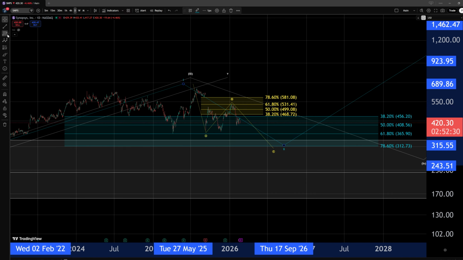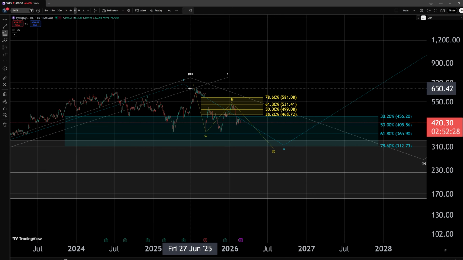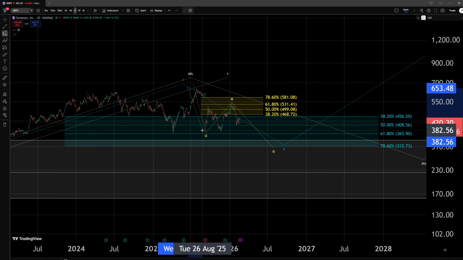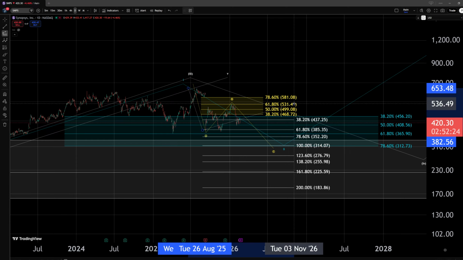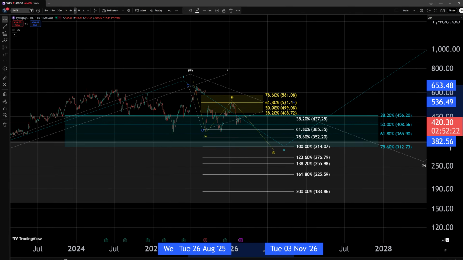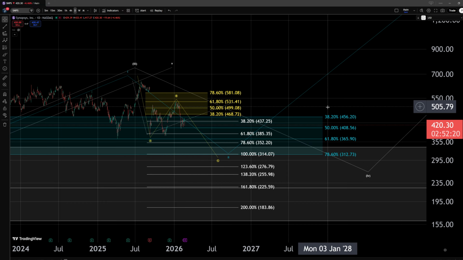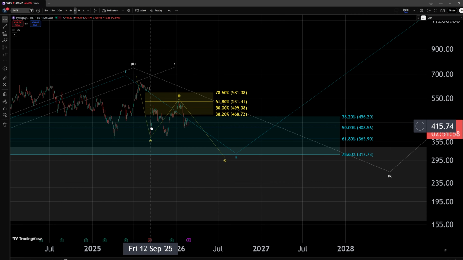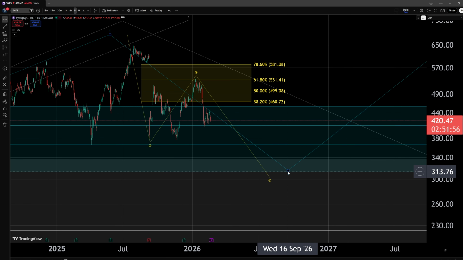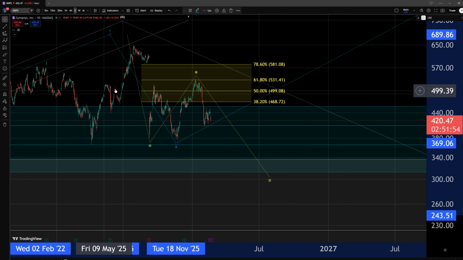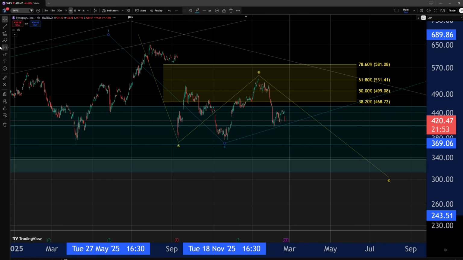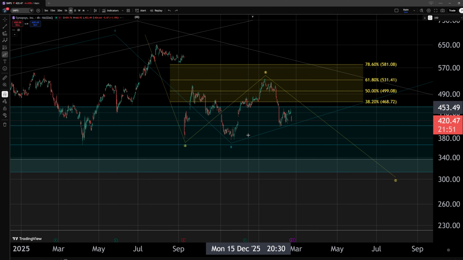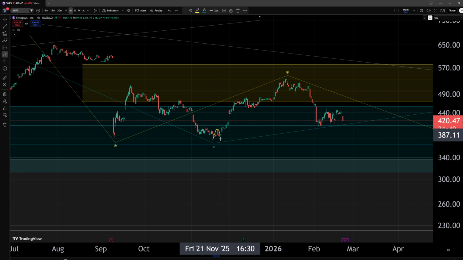In fact, if you remember from a few minutes ago, the ideal target for the wave C would be the 100% extension of the wave A. That is on top of our 78.6% retracement, and it's a nice touch in terms of confluence between those two expectations. Now, since we have a potential bottom within this wave 2 in place here, I could even track this as a potential initial 5-wave move to the upside that could have taken place here in a 1, 2, 3,